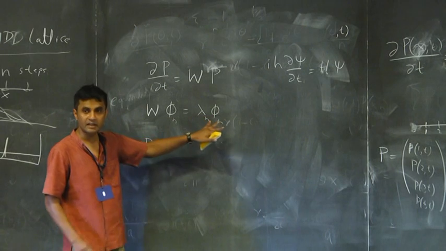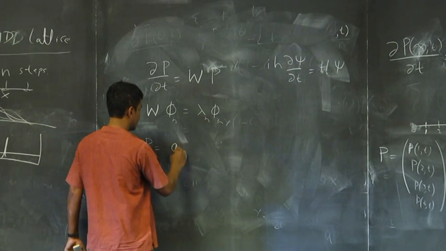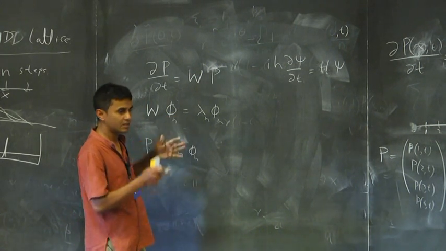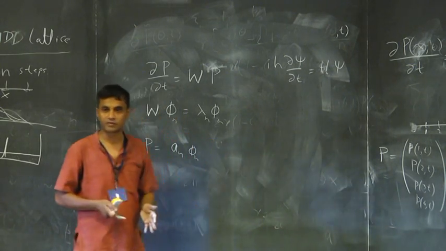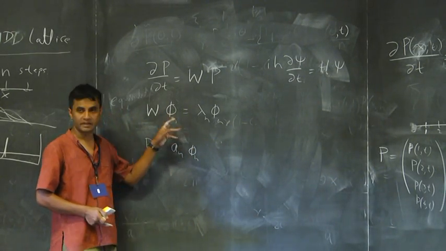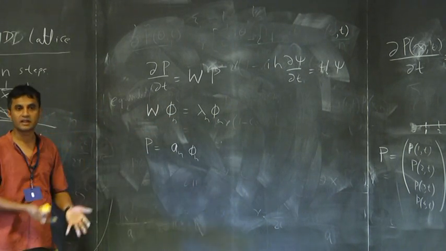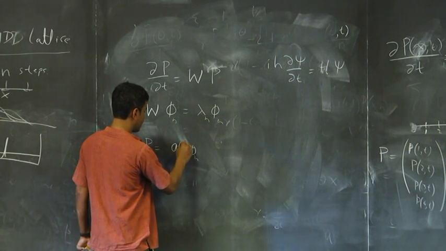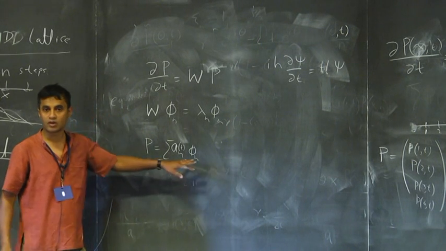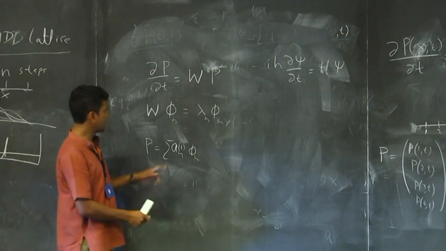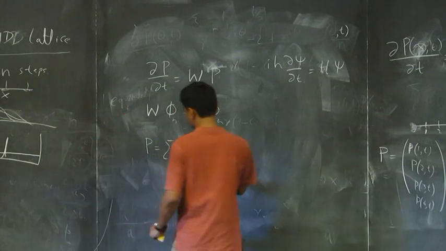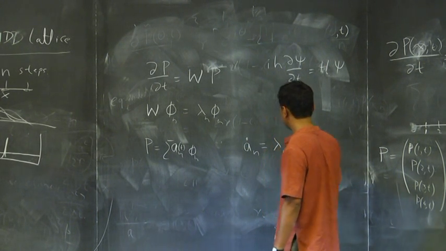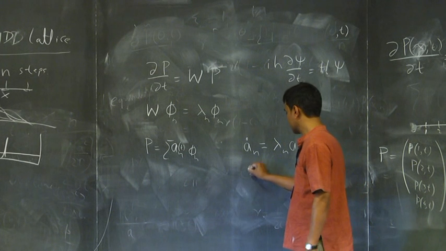Okay, so right now I am just looking at the right eigenvectors, and I can expand this as a sum of a n phi n. So you should just think of this right now as some column vector with 4 elements, and this is a 4 cross 4 matrix. In general it's an n cross n matrix, and these are n vectors. So the general solution is given by, I just sum up over all the eigenstates, and if I plug in this equation, then I will get a solution for a n, right. So I will get a n dot equals lambda n a n, and the solution is a n of t equals